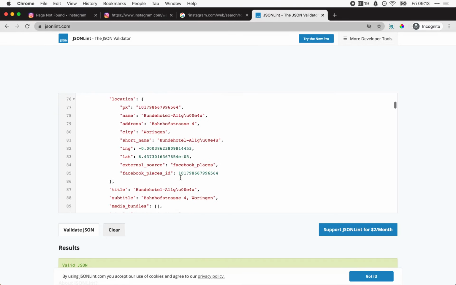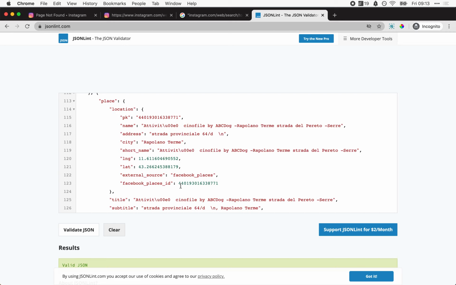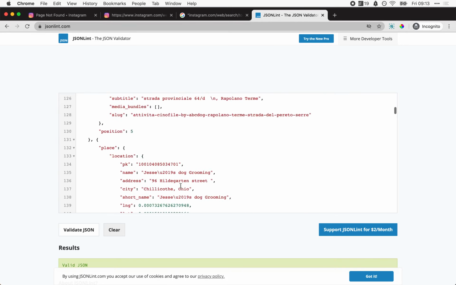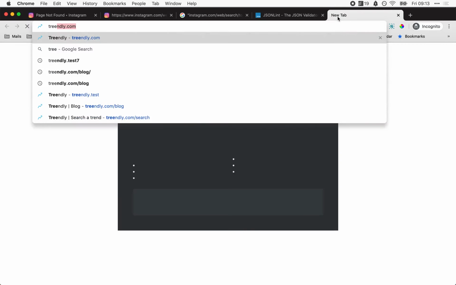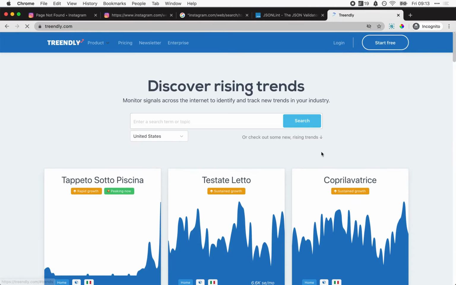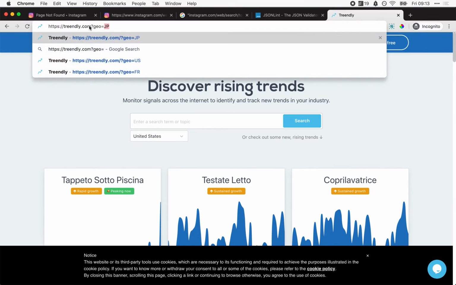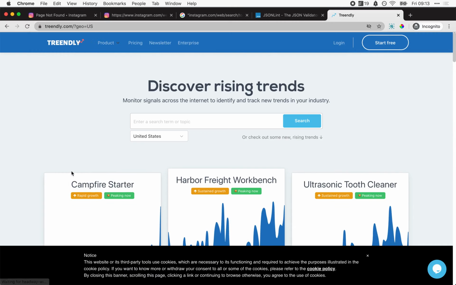And we got a bunch of places. So you can see how just by searching and reverse engineering this, you can get a lot of useful information that then you can use for profit. So if I wanted to profit out of this, and maybe I will, I have a tool called Trendly. It's at trendly.com, where we basically, let's do Geo US so you can understand a little bit better. We basically